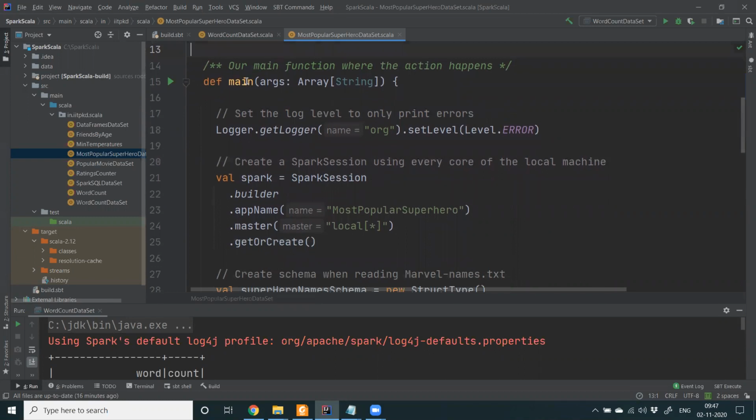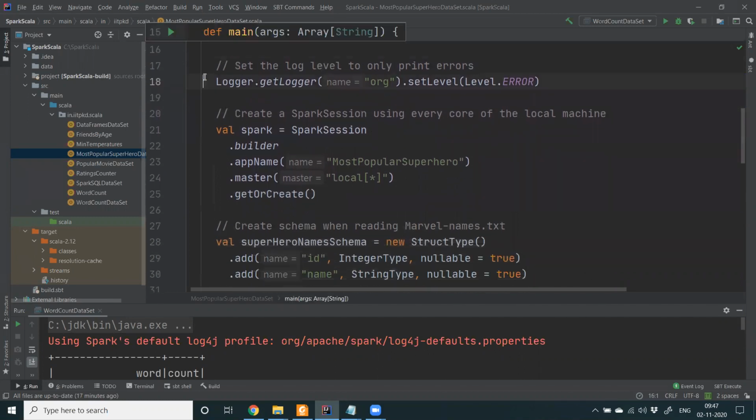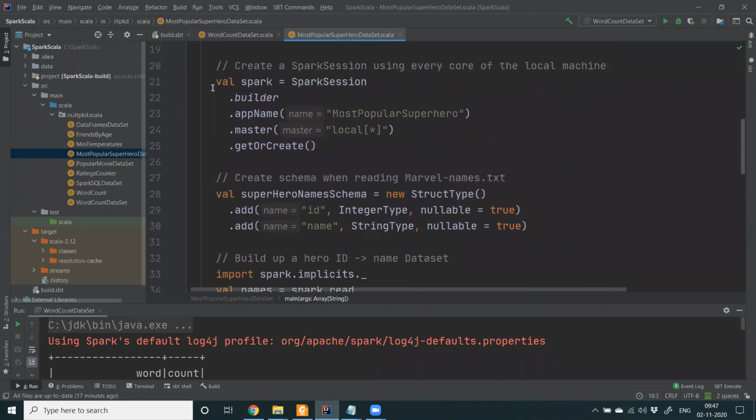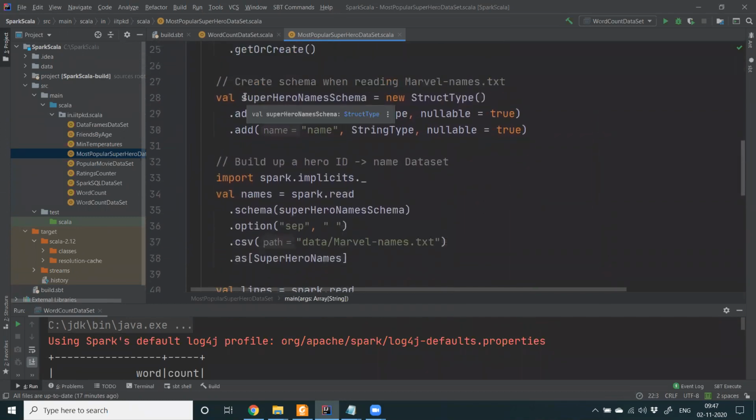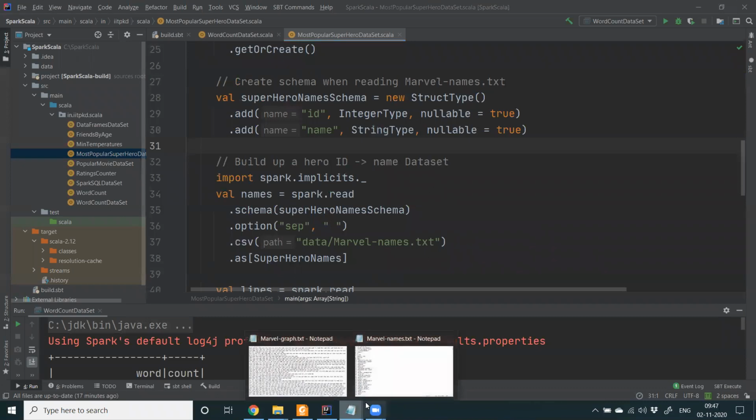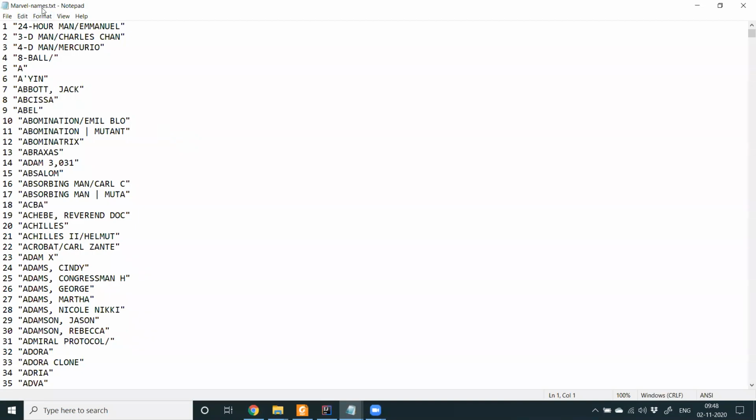Next, inside the main function, we have set the log level and then created the Spark session as usual. Then here we are creating the schema for reading the Marvel names text. Inside the Marvel names.txt, we do not have any header. If you don't have a header, that means you are not inferring any schema through the header.